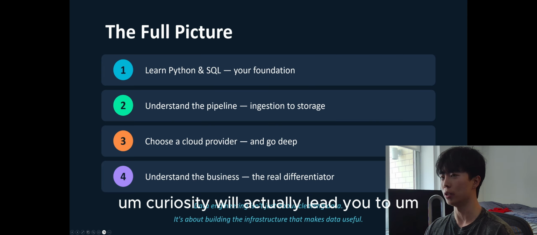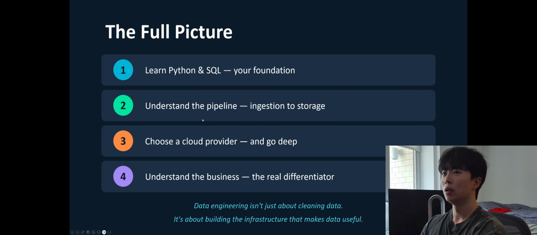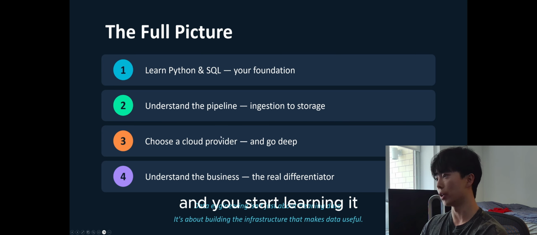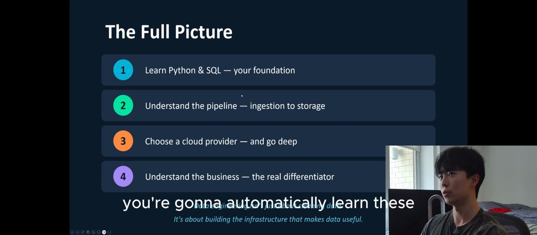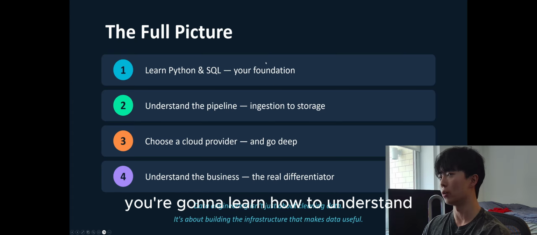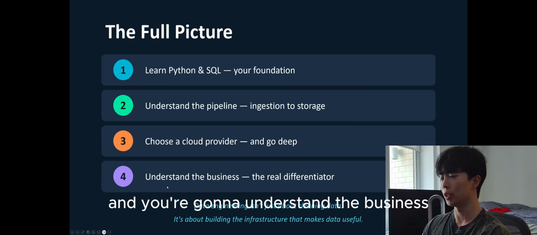Curiosity will actually lead you to learn a lot better. Once you have a cloud provider in mind and you start learning it, you're going to automatically learn how to understand the pipeline, how to understand code, and you're going to understand the business.